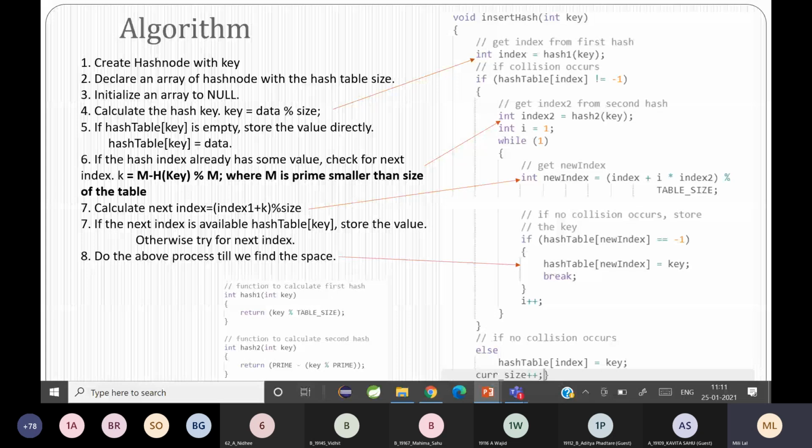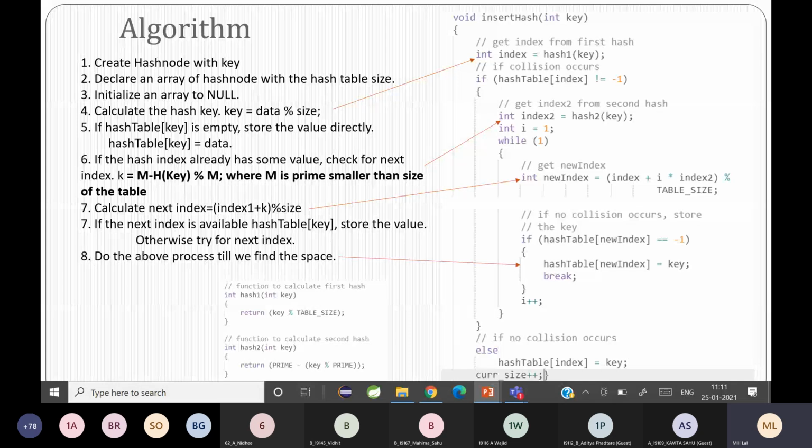Whatever value it is, it is a hash defined value. Otherwise, you have to use another function to find the next smallest prime number as per the table size. So here it is directly given. If you want to automate it fully, you will have to write the function for finding the prime also.